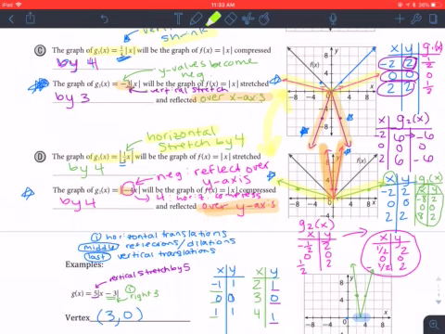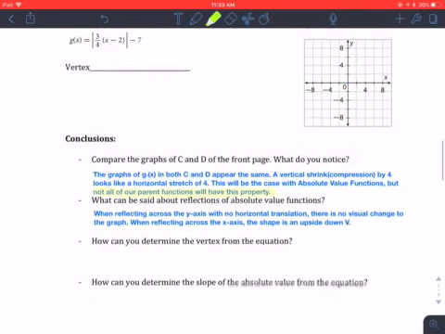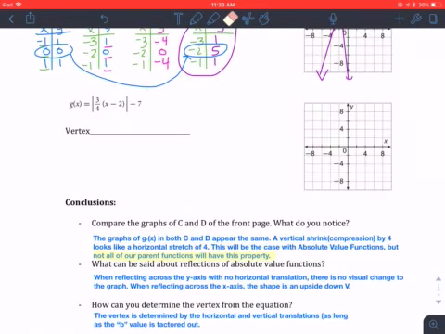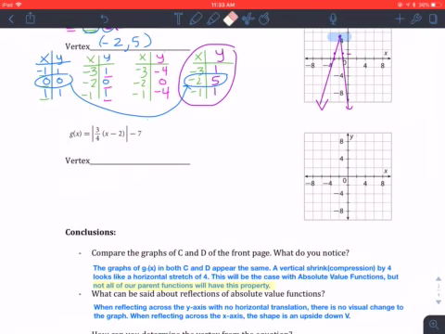Looking at C, we didn't shift left or right, up or down on C or D, and notice our vertex stays at 0, 0. So it's those horizontal and vertical translations that are going to affect our vertex. Alright, so the vertex is determined by the horizontal and vertical translation as long as the B value is factored out. So by looking at this last example that we haven't done yet,